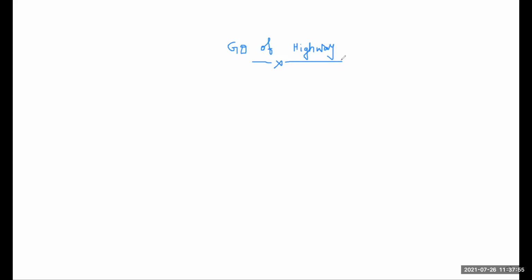Whenever there is no possibility of providing overtaking sight distance on a particular section of road, then we have to provide intermediate sight distance, also known as ISD. The value of ISD given by IRC is 2 times SSD, that means 2 times the stopping sight distance. If in any question the examiner asks to find ISD, you simply find SSD, then double it, that is multiply by 2, and you get ISD.